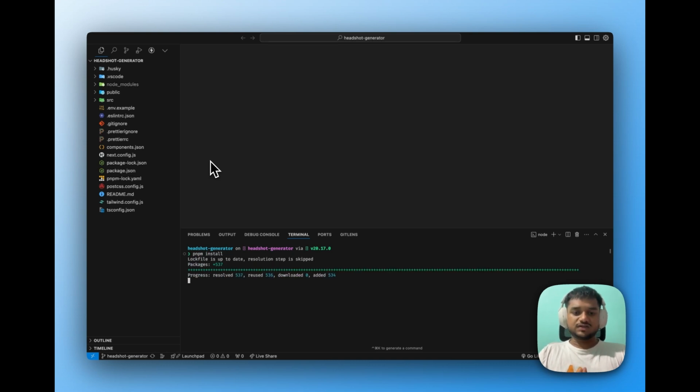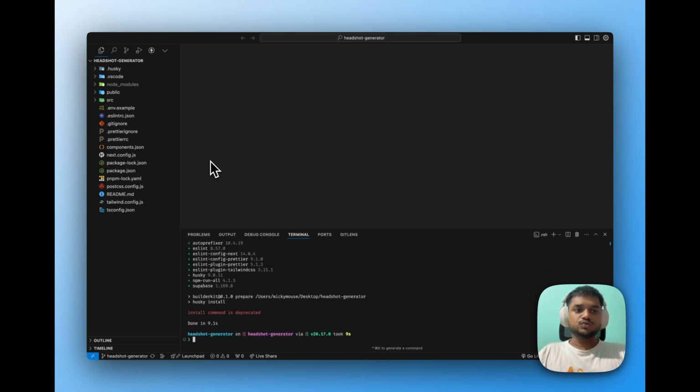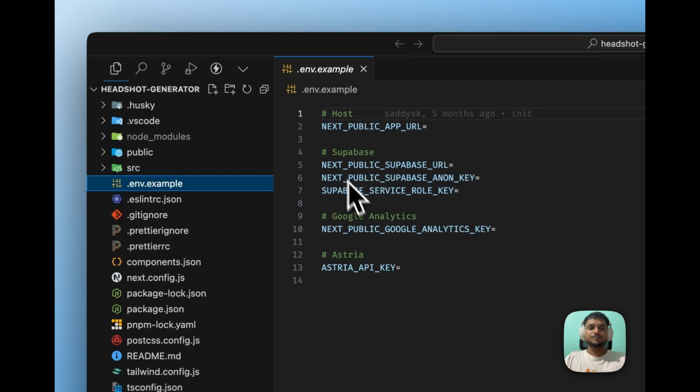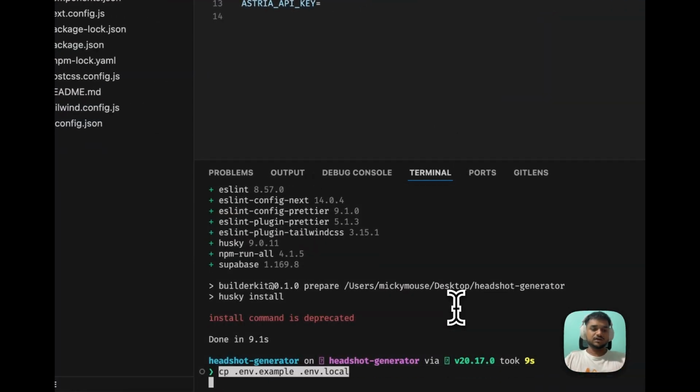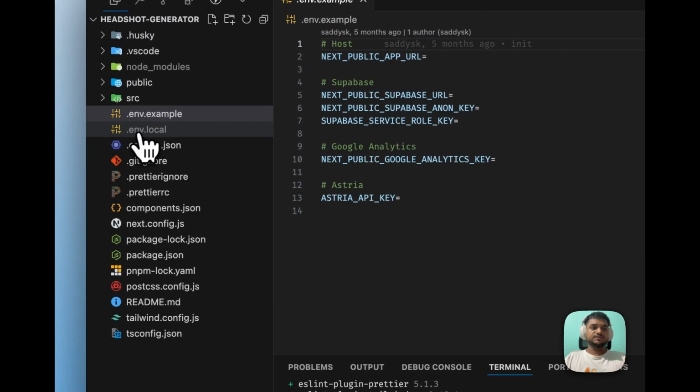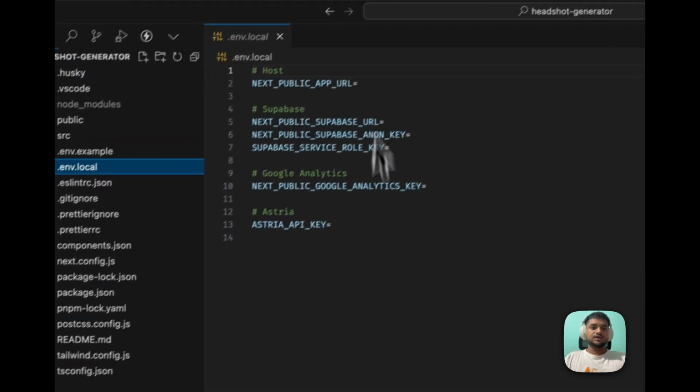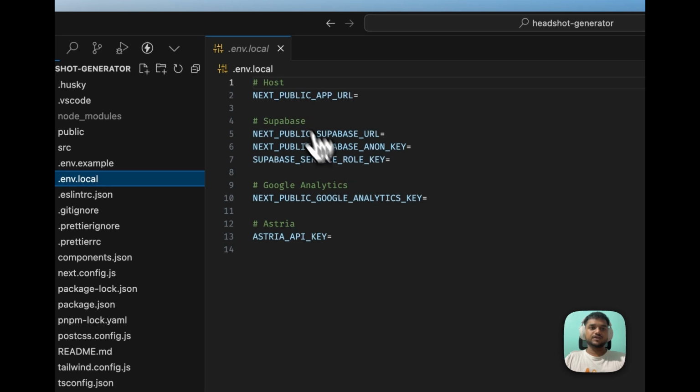Okay, so once the installation of the required dependencies is done, we can run the command to create a .env file that will be a copy of .env.example, where it mentions what environment variables you need. So here's the command for that. Copy and paste it. You can see a .env.local file has been created, and these are the variables that we need to set up,